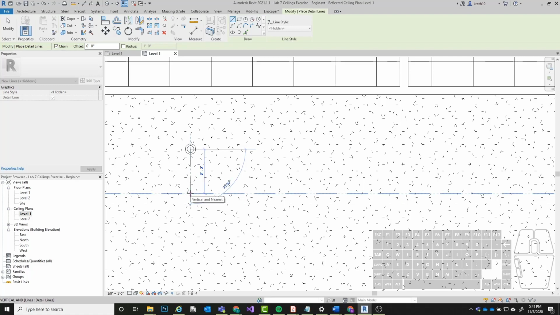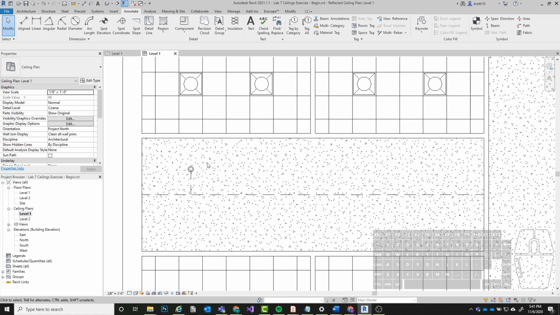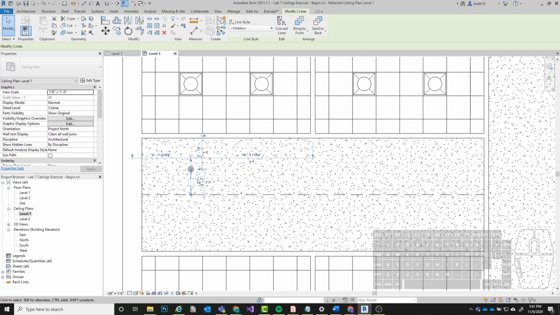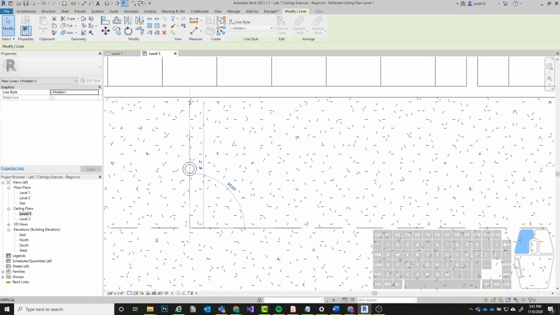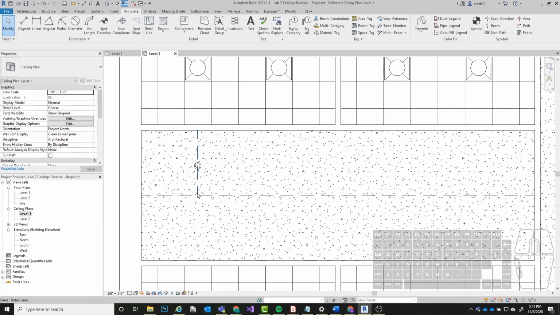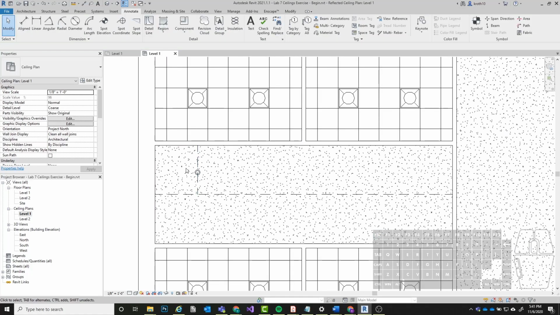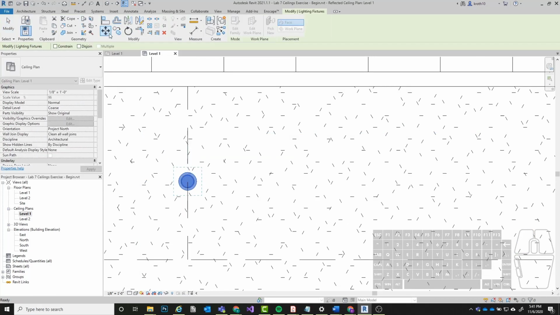Okay, make sure it's totally straight, and then click exit or escape. Now I'm going to click on that detail line, and I'm just going to click the end point of it right there and drag it until it intersects with my wall. All right, so now that that's done, I'm going to click on my light fixture, go to my move tool,